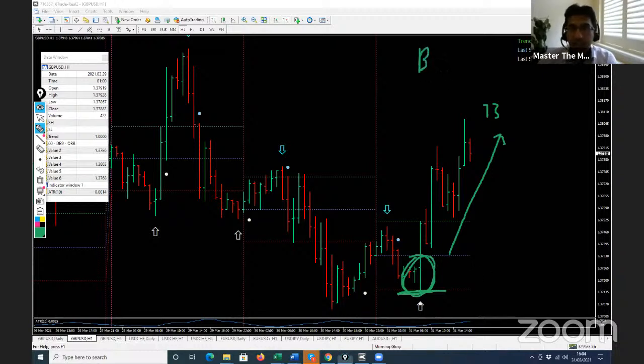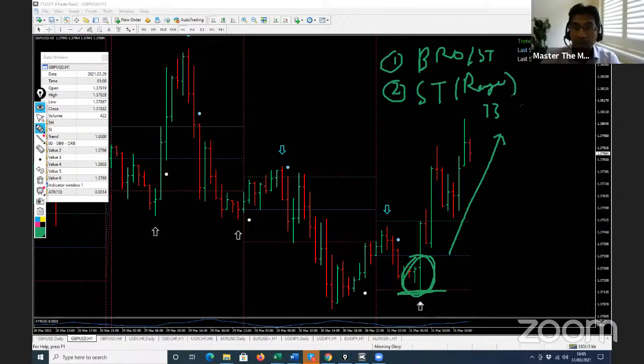So firstly, we looked at the BRO and the stretch, what they mean. Secondly, we are looking at why this is important. And I've told you that the further it moves away from the open is your true trend indicator, because it will already tell you where the stretch has formed and whether your range has formed for the day. The third thing is, how can you use this? The first thing you can do to gain confidence in this and then to start thinking on how you can use this, the first question you got to ask yourself, write this question down,